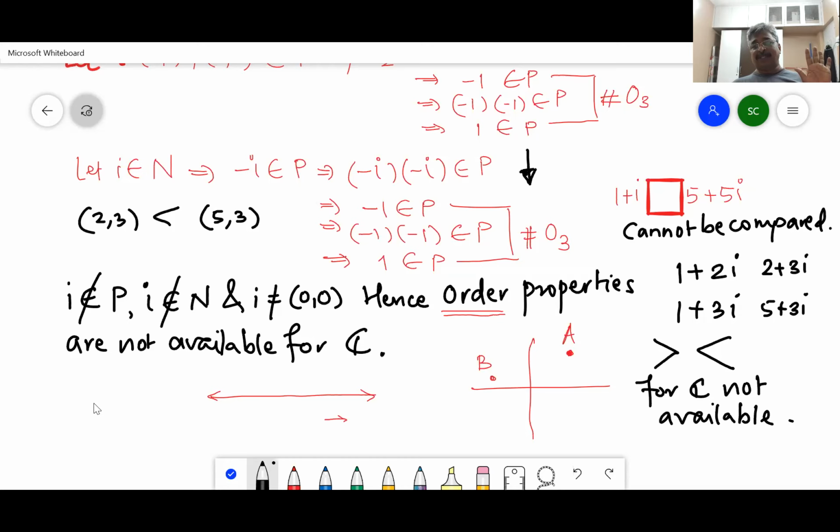The only thing you can say is equality of two complex numbers. If the real part is equal to the real part and the imaginary part is equal to the imaginary part, then the two complex numbers are equal. Otherwise, you cannot compare them. Two complex numbers cannot be compared with each other. Anyway, in coordinate geometry also this is not acceptable. This symbol is not being used at all. What do we mean by this ordered pair being smaller than this ordered pair? This symbol is only to compare two real numbers.